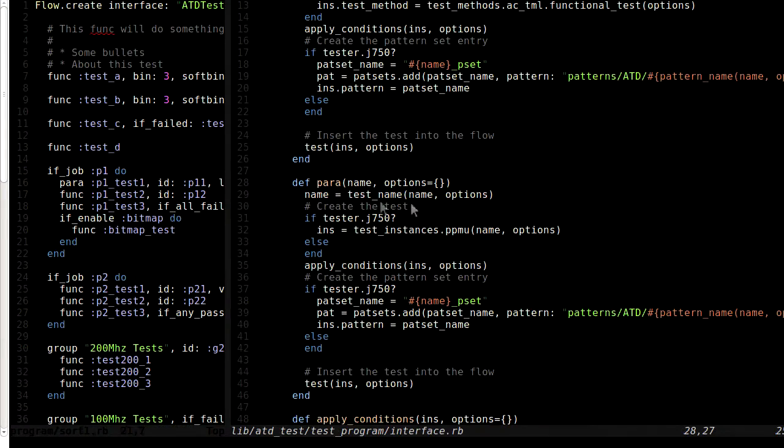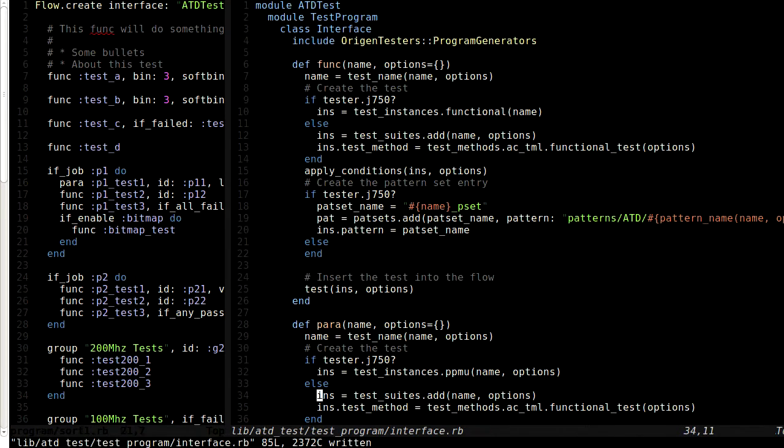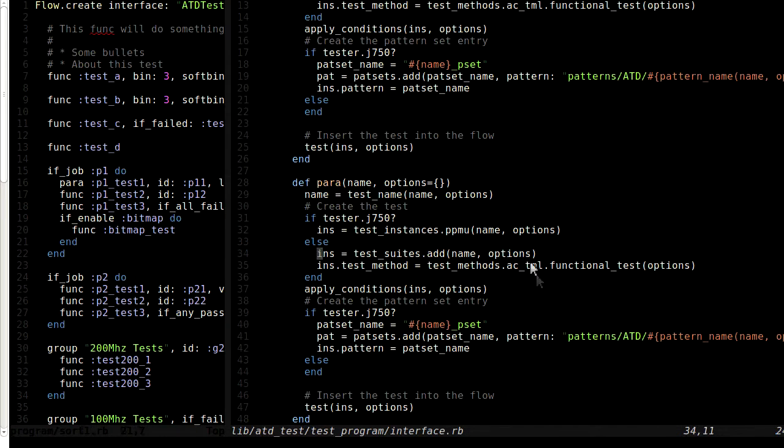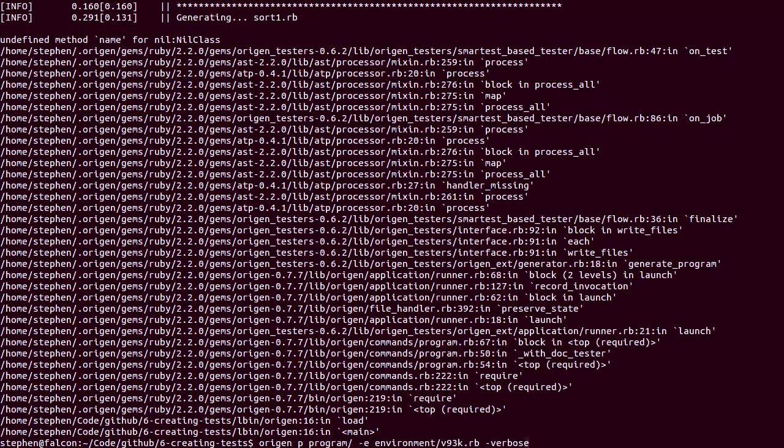So the problem here is actually in our parametric method here. We haven't created the instance for the 93K. So we're passing in this blank thing here. We're passing in nil basically for the instance, and it's causing it to fail. So for now, we'll just copy this down here just to get us going, just to create something. We'll come back in a minute and change that to a more proper test method. So if we go now and run again,